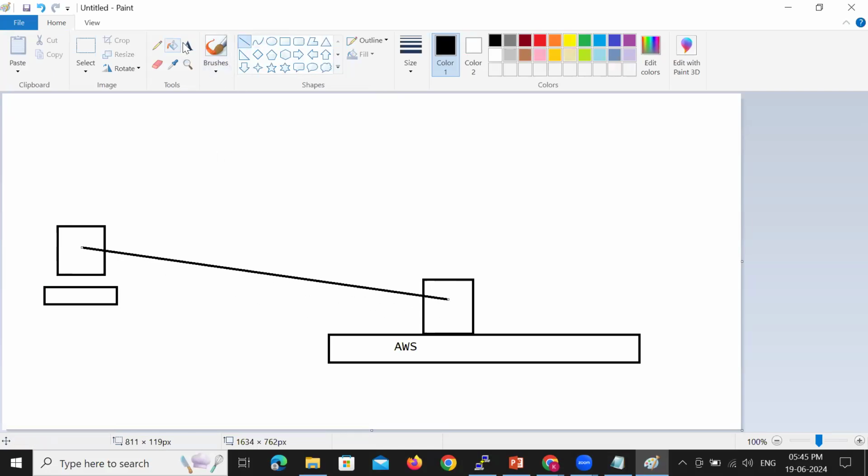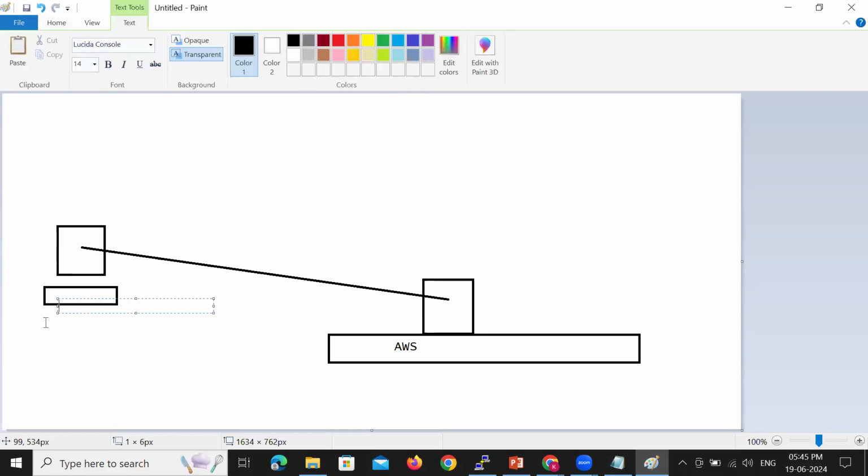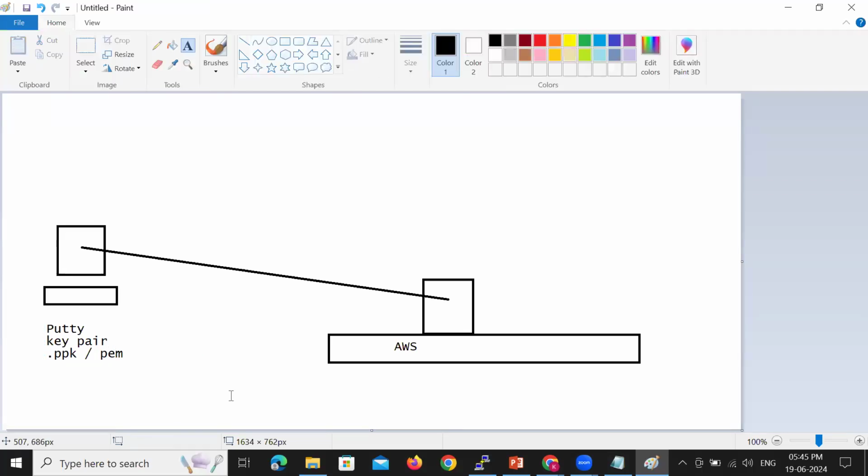For that, you need a terminal called PuTTY. We have it. You need a key pair. I hope you remember, a key pair is nothing but a file with extension .ppk, or it can be a file with extension .pem. This key pair is important to connect to the Linux machine.